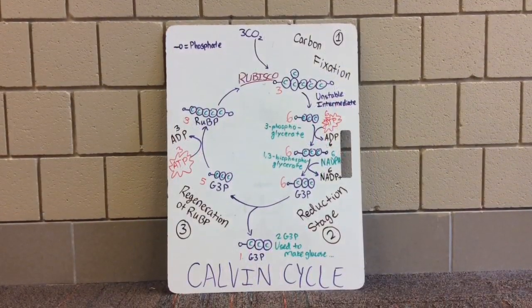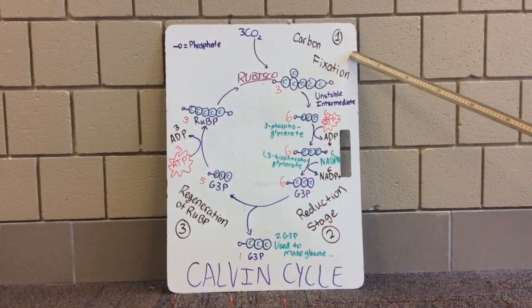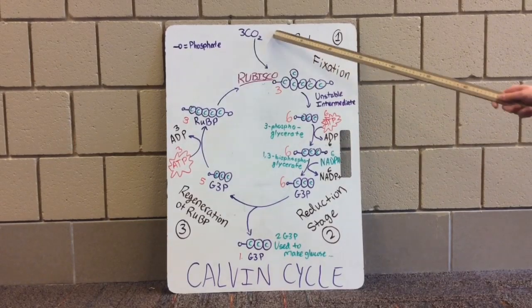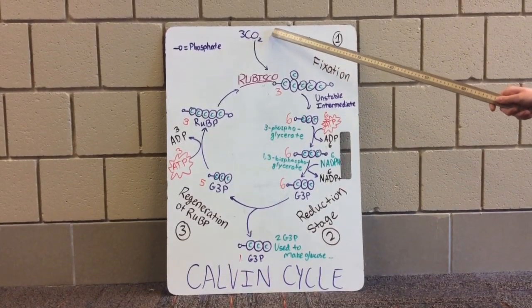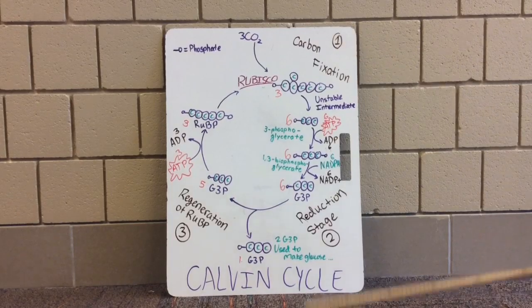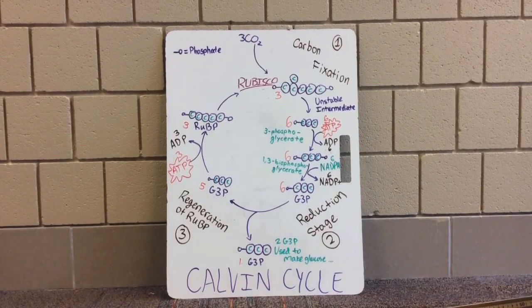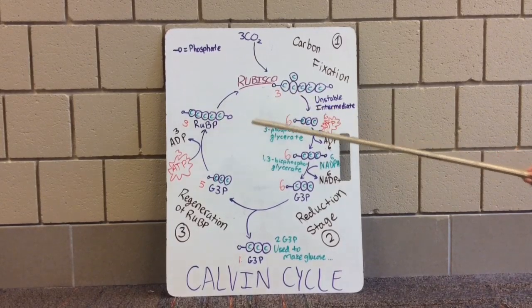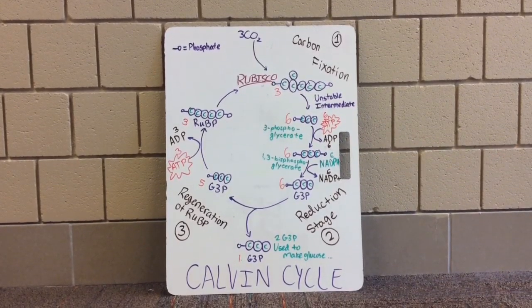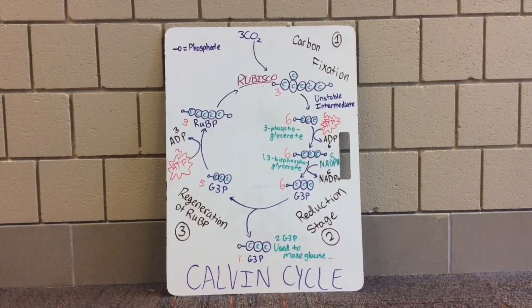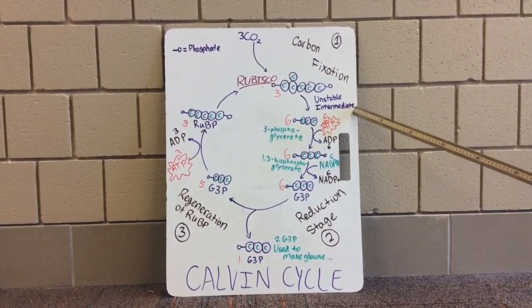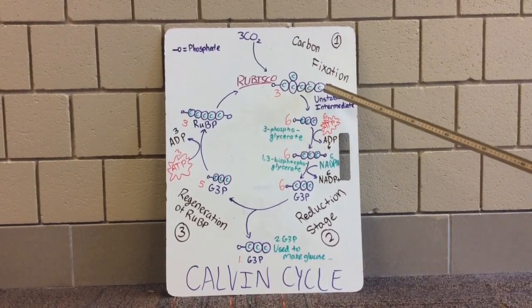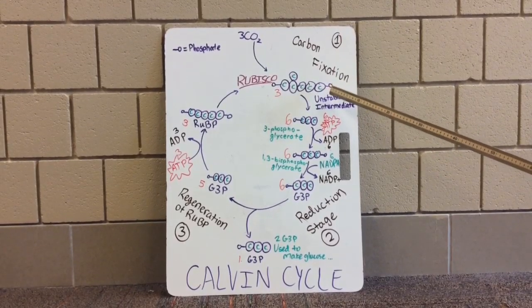Stage 1 of the Calvin cycle is the carbon fixation stage. This begins by the CO2 molecule combining with RuBP, or ribulose bisphosphate, which is a 5-carbon sugar. The enzyme Rubisco allows this to happen by catalyzing the reaction. The combination of CO2 and RuBP creates an unstable intermediate made up of 6 carbons, which splits into 2 molecules